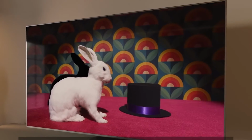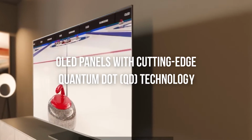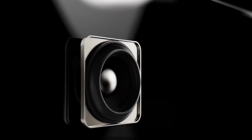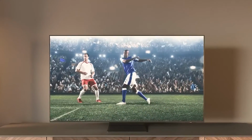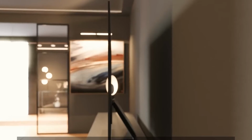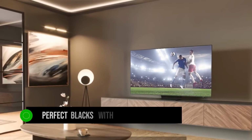Now, let's cut to the heart of the matter: picture quality. The reason this TV is so impressive is because it combines beautiful OLED panels with cutting-edge quantum dot (QD) technology. OLED panels are great for their perfect blacks and contrast ratio, but a bit limited in terms of peak brightness. That's where quantum dots come in. These tiny particles act like color filters, enhancing the brightness and color reproduction of the LEDs. The QD layer sits on top of the OLED panel, resulting in perfect blacks with higher peak brightness than traditional